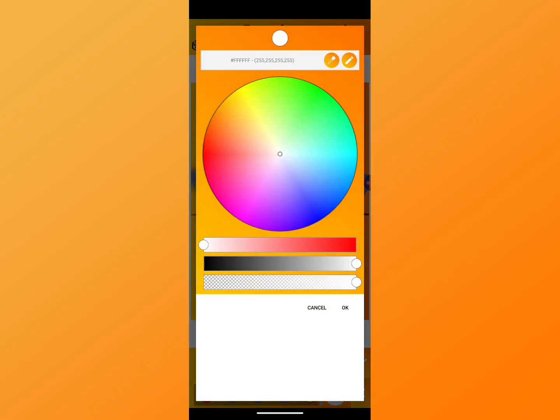So tap on it. Here, to achieve a color, you can drag your color to anywhere you want it to be. Here you can see red, green, blue, yellow, and other sections. In the middle, between red and blue, you can achieve your purple color. And also, if